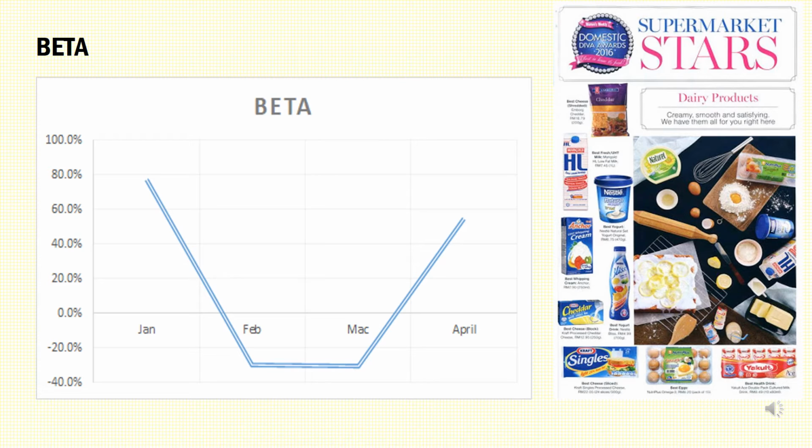This is the graph of beta for Leng Hong Berhad. The figures show 76.9% in January and decreased sharply in February by negative 29.8% and decreased further by negative 30.7% in the following month. However, the standard deviation market percentage increased by